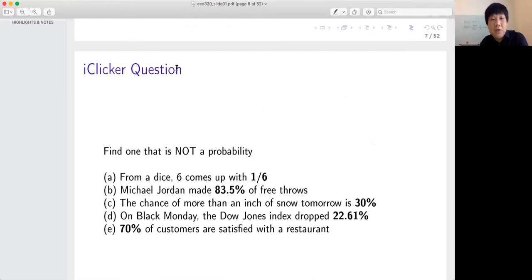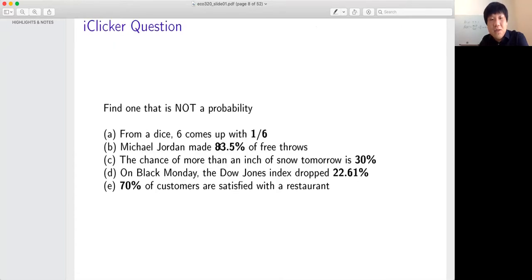So, this is an iClicker question, but we don't have iClicker, so throughout the slides I'm going to ask a bunch of questions. Basically, whenever you see a question, please pause the video and think about what the answer would be. Then I'm going to leave you the answer anyway. This is a very good way of learning: I give you the question, you pause and try to think what the answer is, and that way you understand better. I also tend to ask questions from these slides on the exam,